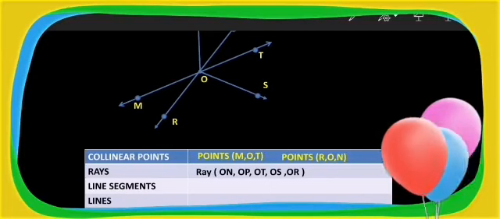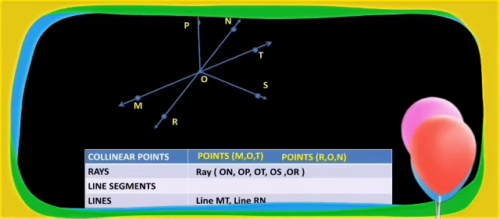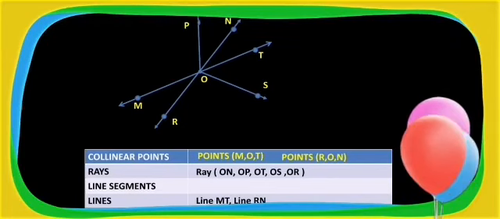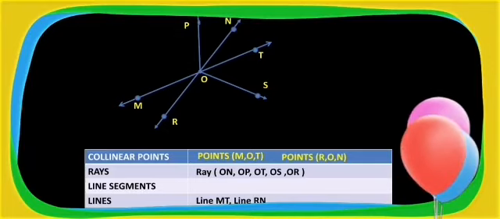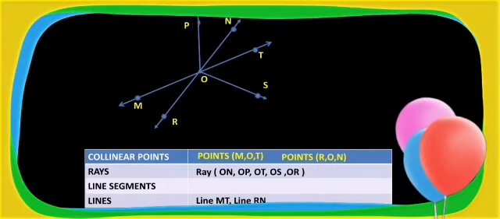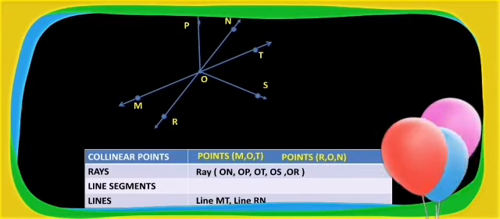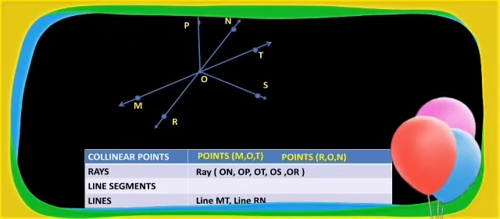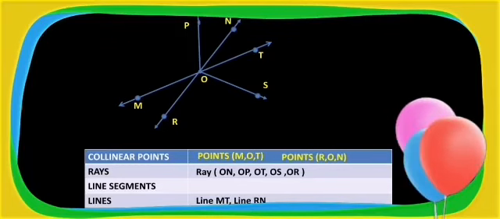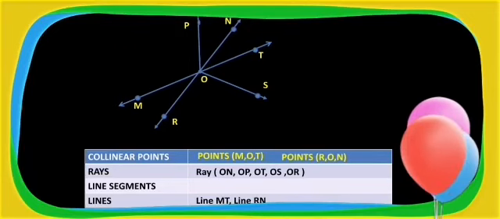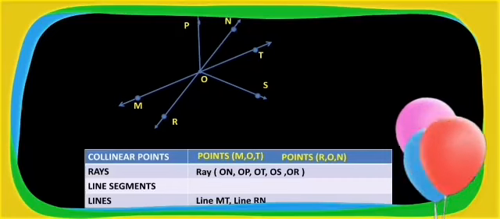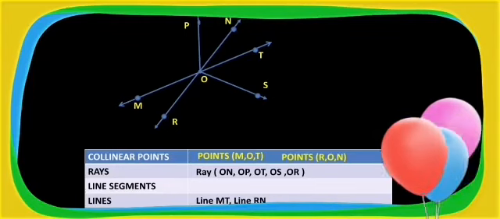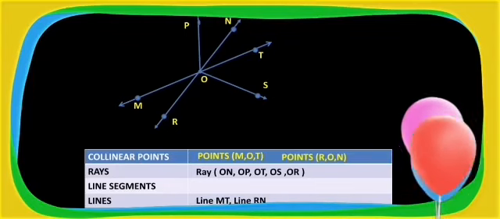And after this, the lines which are seen in the diagram are line MT and line RN, because a line must be shown with the arrowhead at each end, correct? The ending part of the line, which is not there actually, should be shown by the arrowhead, which indicates that the line can be extended, correct? Now from the figure, whichever two points you are looking at, they all make a segment.